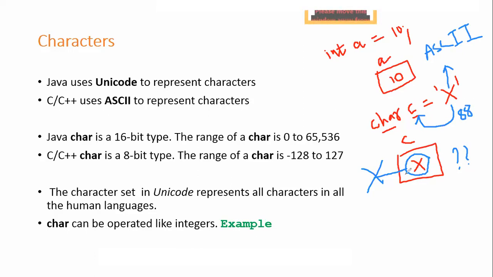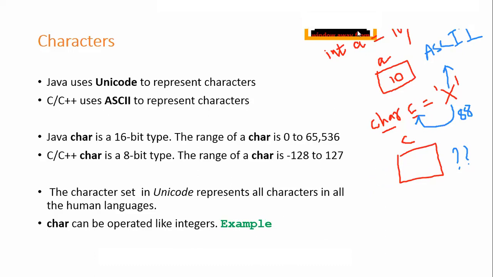Now here, instead of storing x, what I'll be storing? I'll not be storing x, but instead I'll be storing the corresponding ASCII value. And what's the ASCII value? Just now we have discussed, it is nothing but 88. I'm going to store 88. That's very, very important. You need to observe. We are not going to store the character called x, but instead we are going to store this ASCII value.